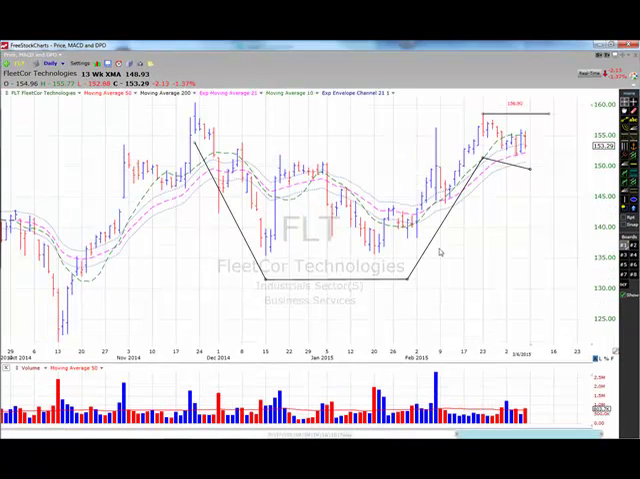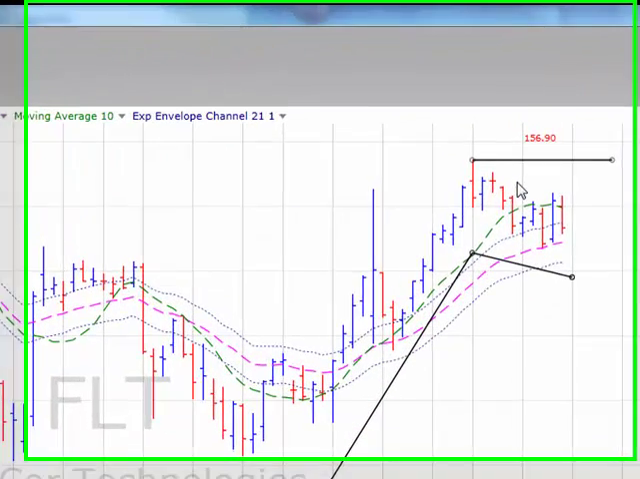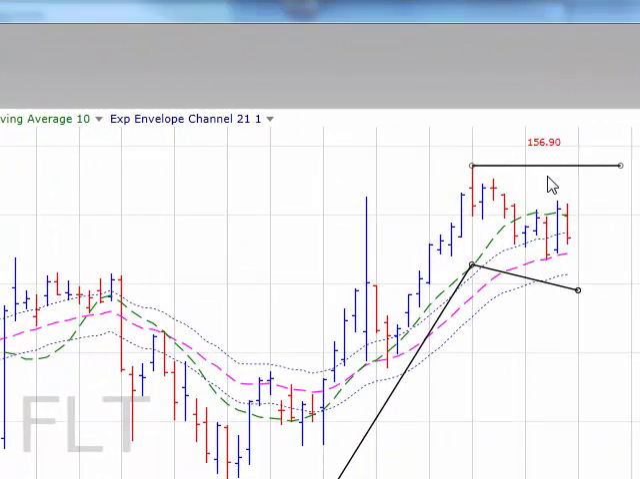Finally, FleetCor. FleetCor is a global provider of specialized payment products and services to commercial fleets, oil companies, and petroleum marketers. FleetCor has been setting up this really nice cup with handle base. The buy point on this cup and handle would be 156.90. We would want to see it break through the handle area, break above that 156.90 area on at least 140%